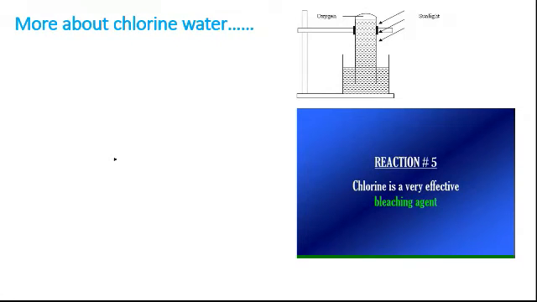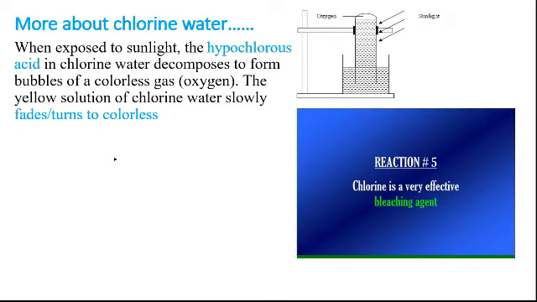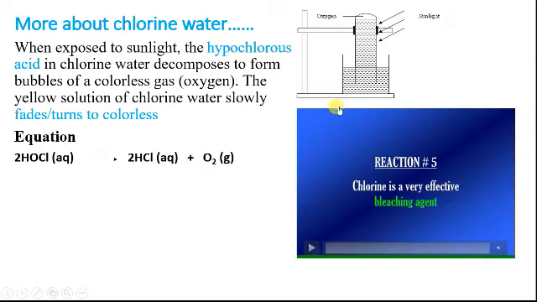Next, we want to continue and look at more about chlorine water. When exposed to sunlight, the chlorine water which we have formed above decomposes and gives out bubbles of colorless gas, oxygen. The decomposition is due to this hypochlorous acid or chloric 1 acid, which decomposes according to the following equation. The hypochlorous acid disintegrates when exposed to sunlight. This is the chlorine water, so when you put it under sunlight, the acid decomposes to give off bubbles of